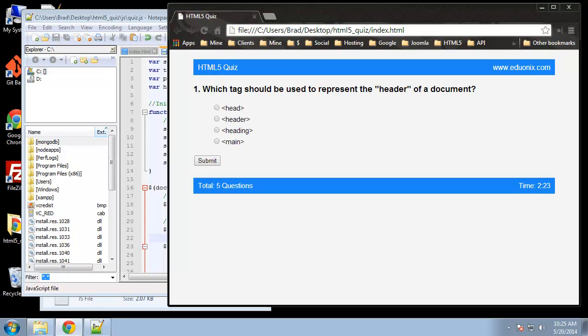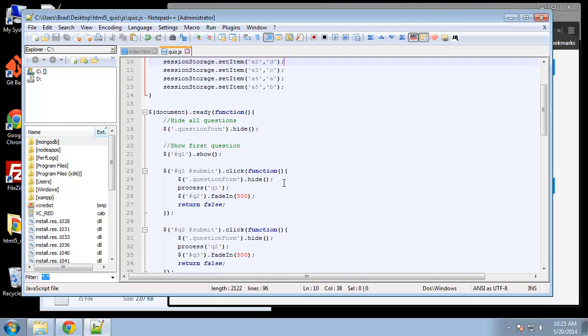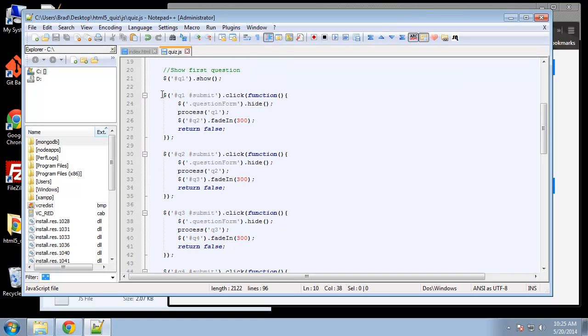Alright, so we have basically a fully functional quiz with HTML5, JavaScript, jQuery, but I'd like to optimize the code a little more and kind of shorten it up a little bit. If we look at the JavaScript file, you can see that, for instance, for our click handlers, we have basically 5 separate blocks like this, where we're saying if we click on that question, submit, it'll run